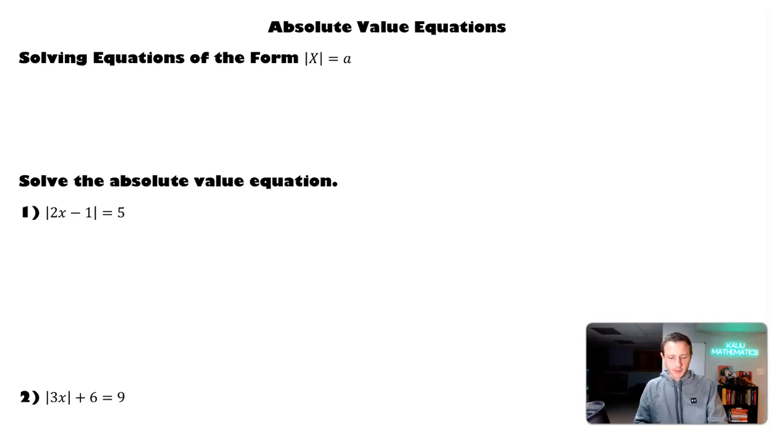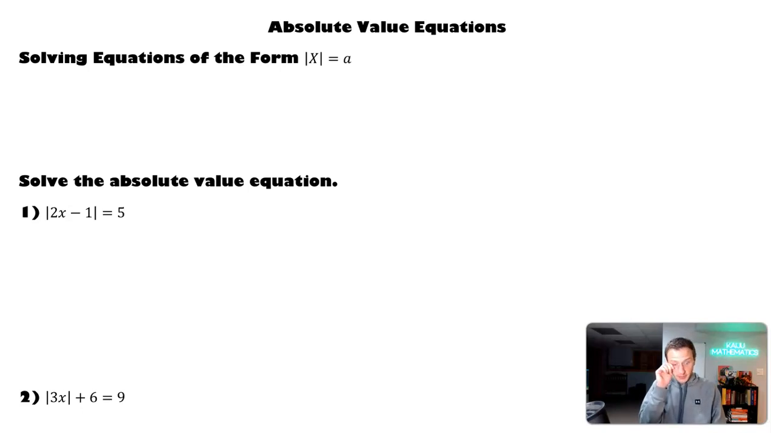Today we're going to solve absolute value equations. Solving absolute value equations is taking an absolute value and solving for the specific x value. So in the first scenario here, we have the absolute value of x is equal to a. So we want to think about, well, what are we trying to figure out when we're saying that it's equal